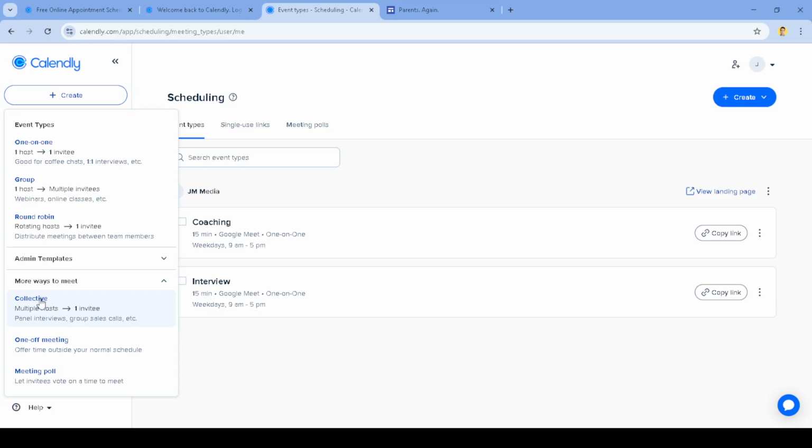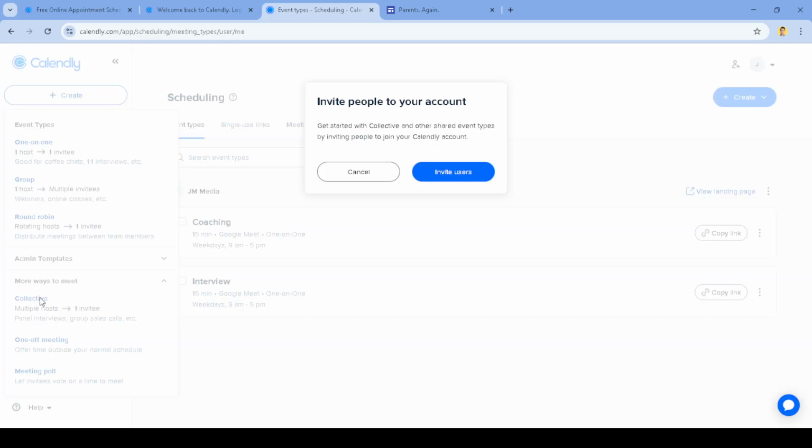After you pick the event type that fits, give your event a clear name so invitees know exactly what to expect. Set the duration and add buffer time before or after the meeting if you want to prevent back-to-back bookings. Next, choose your location. You can connect Zoom, Google Meet, or another conferencing option so links are generated automatically with